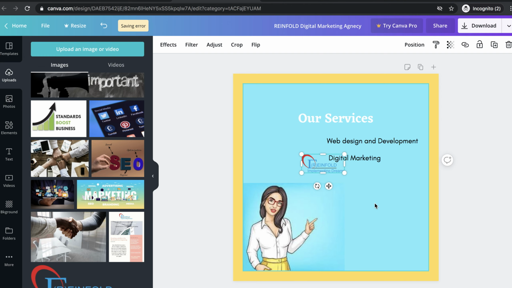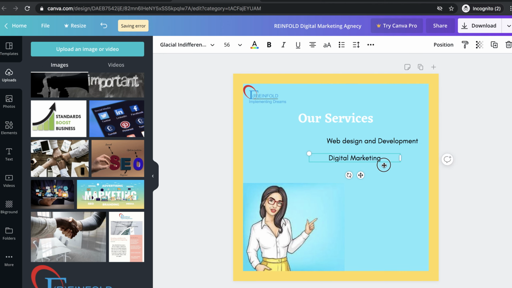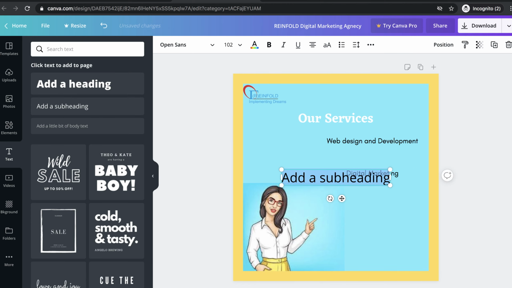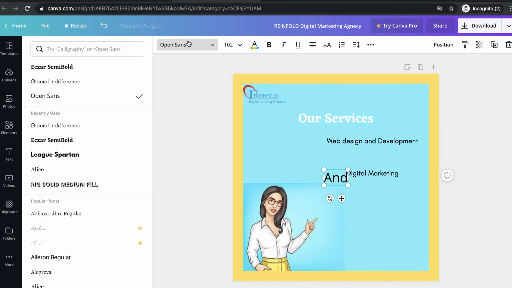So it's my company post. I'm using my logo here itself. I just made this post as simple as possible. If you would like to make it more complicated, you can make use of it.